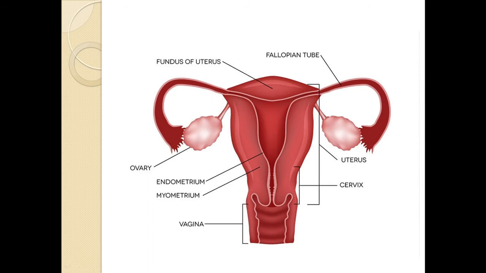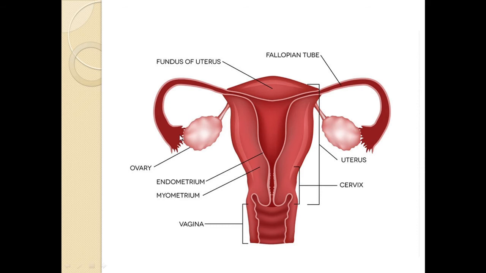Then after the ovaries, the second part is the oviducts, which are also known as the fallopian tubes. So there is a pair of oviducts or fallopian tubes. Each fallopian tube is 10 to 12 centimeters long and extends from the periphery of the ovary. See, this oviduct is not directly attached to the ovary. It extends from the peripheral wall of the ovary. The part closer to the ovary is funnel shaped. See here, this part is the funnel-shaped part called the infundibulum.